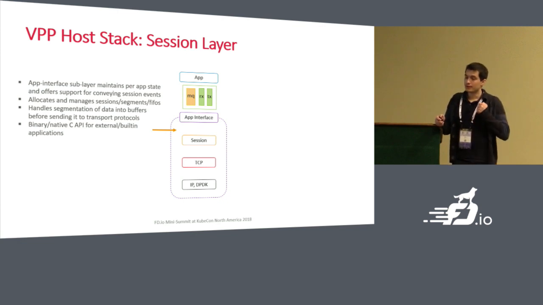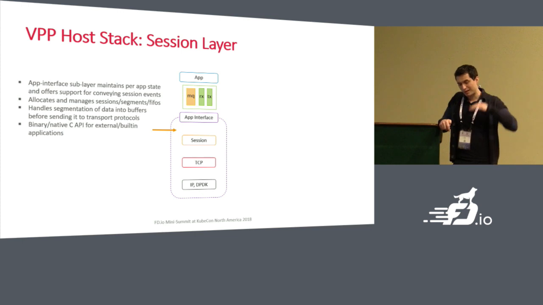So to do this, what the session layer does northbound, it exposes a set of APIs that facilitate the interaction of applications with, let's call them generic abstract data structures, which unsurprisingly we called sessions. And on the other hand, it exposes southbound APIs that transfer protocols like TCP can use to communicate with the apps, but in a generic way. That is, the transfers will not be aware of the details of how that communication is being carried out.